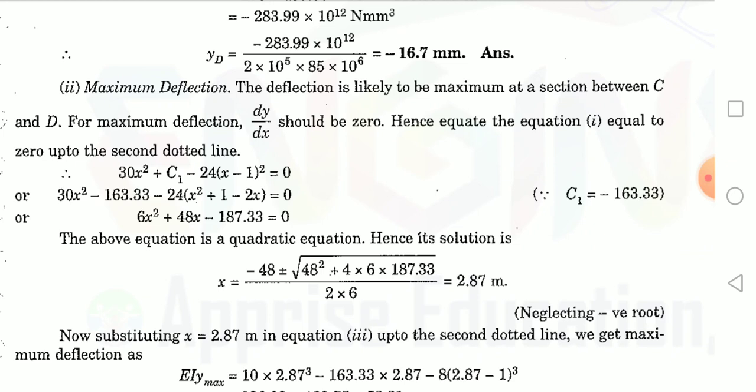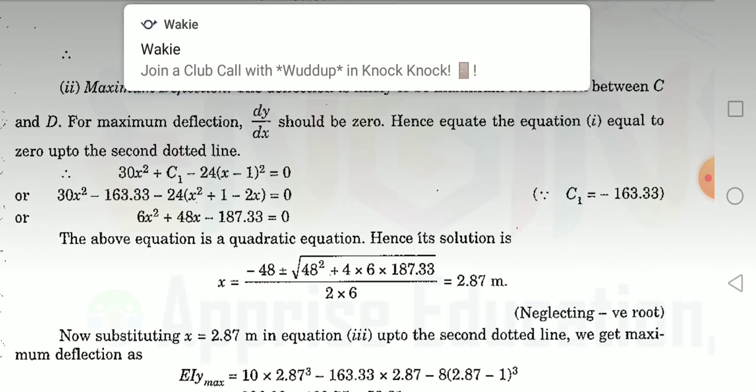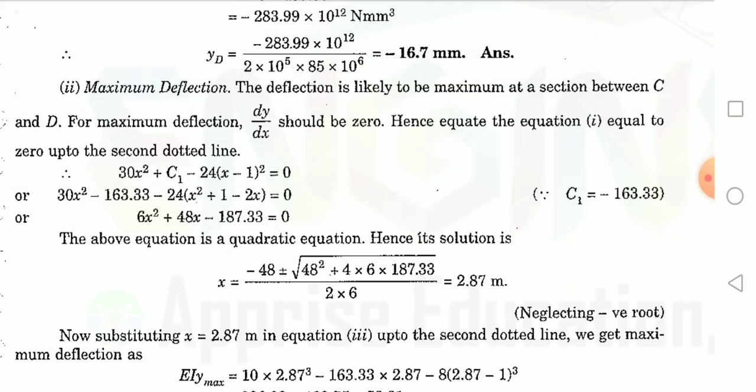So we can simplify it and get the equation 6x squared plus 48x minus 187.33 equal to 0. So we can apply the quadratic formula, that is x equal to minus b plus or minus square root of b squared minus 4ac, by 2a. Applying this, we get